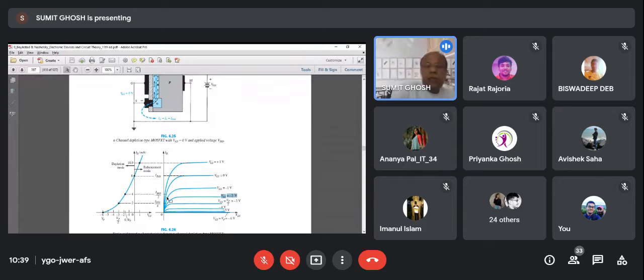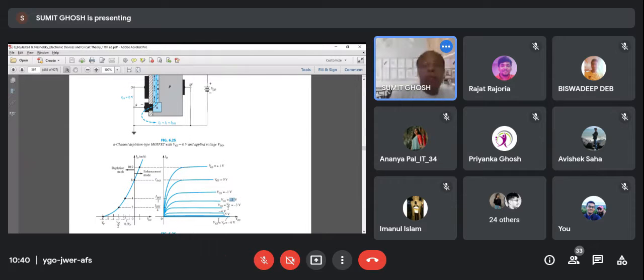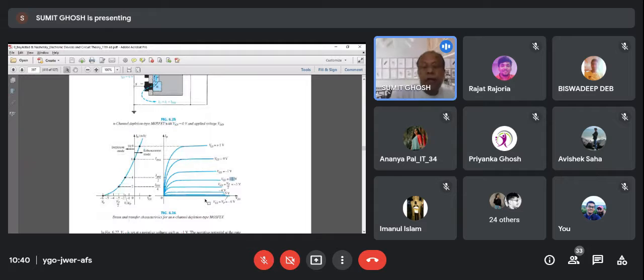I'm coming to this. I was just about to tell that note that unlike BJT, the gaps are not same. From 0 to minus 1, there is a change of 1 volt. From minus 1 to minus 2, there is a change of 1 volt, but the amount of current which is reduced is less. Still less like this. Rajat, keep it on hold, I will explain. Yes, sir. It goes from minus 2, less current, minus 3, less current, minus 4, still less current, minus 5, still less current, minus 6 is the sort of pinch-off voltage or cut-off voltage. If VGS reaches minus 6 volts, there will be no current. Below that, it is cut off. Since there is no current, it is cut off.